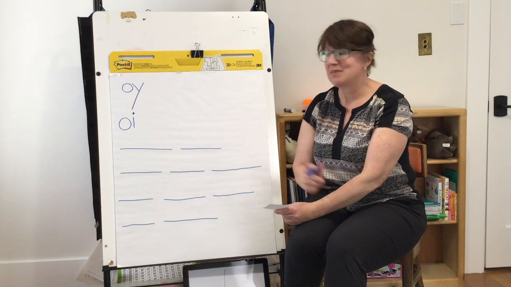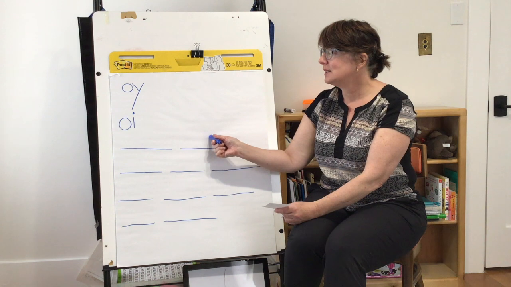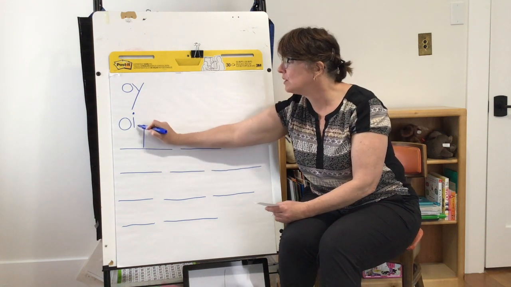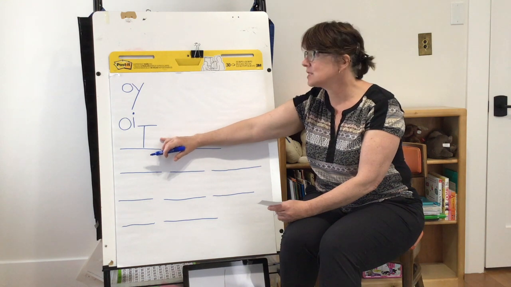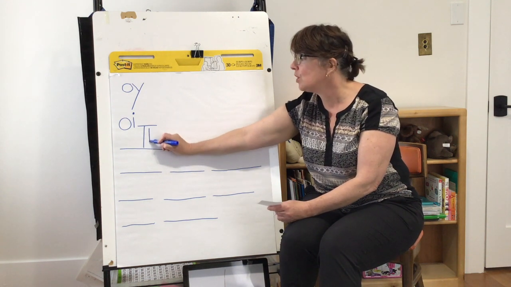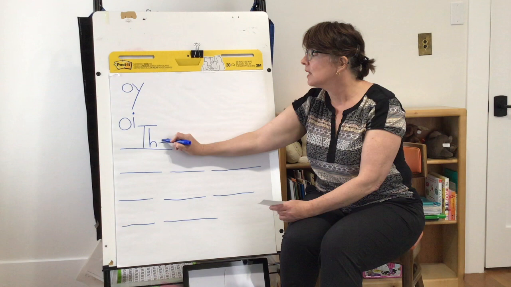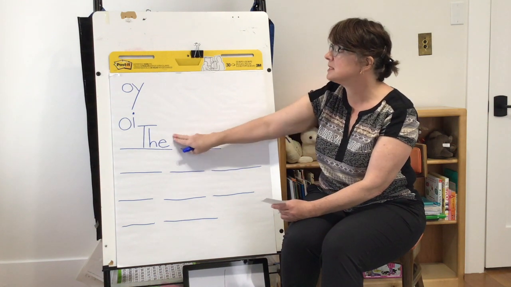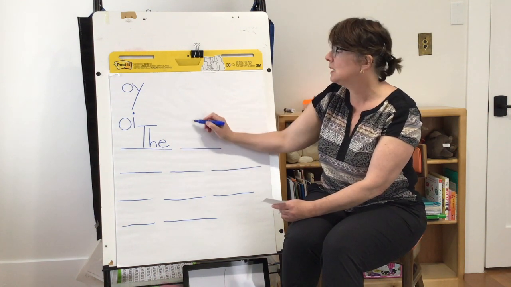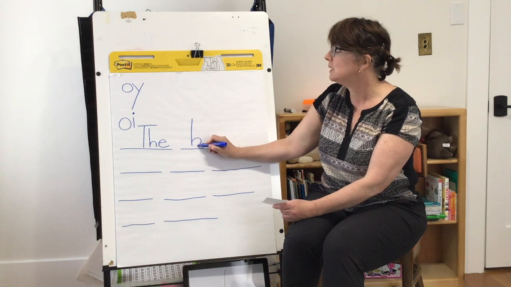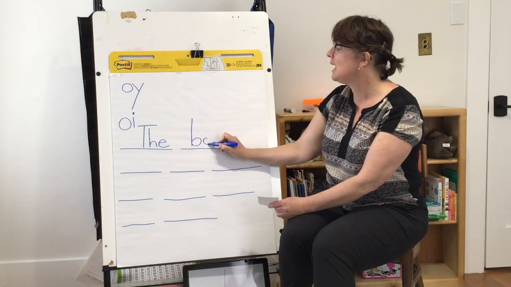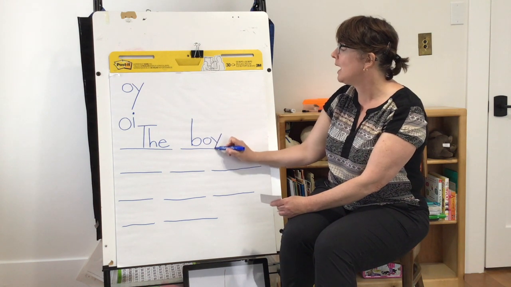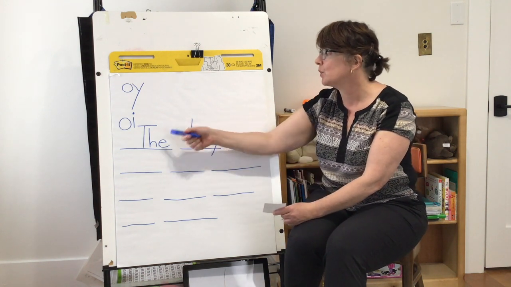Let's check it. The boy. I need to start with a capital T because I'm starting a new sentence, so make sure your T is capital. All the others are lowercase. The, nice spacing, two finger spaces. Boy, B. Which one? It's at the end, so I'm using oi at the end of the word. The boy